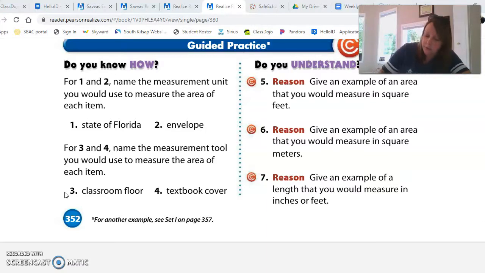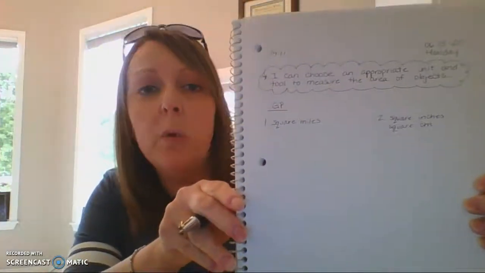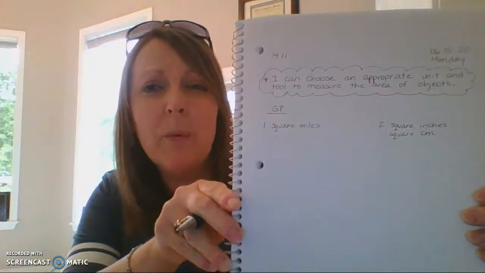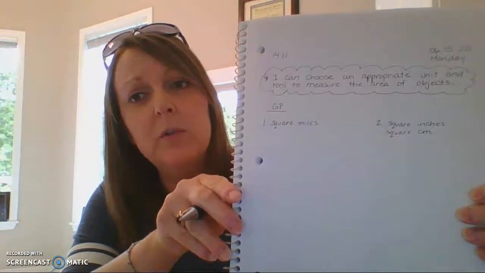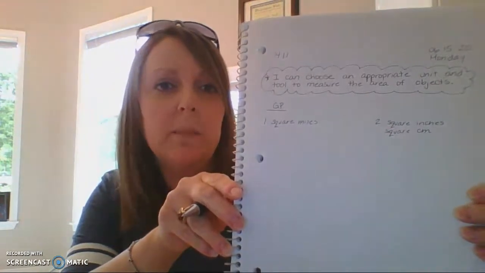Perfect. We would do it in square inches. Or you could do square, there's actually 2 for this one, centimeters. Because sometimes envelopes can be very, very small. So it's okay if you wanted to say inches or centimeters. Now remember, in America, we tend to use inches and feet, where in other countries they use more of the metric system, which is centimeters, meters,